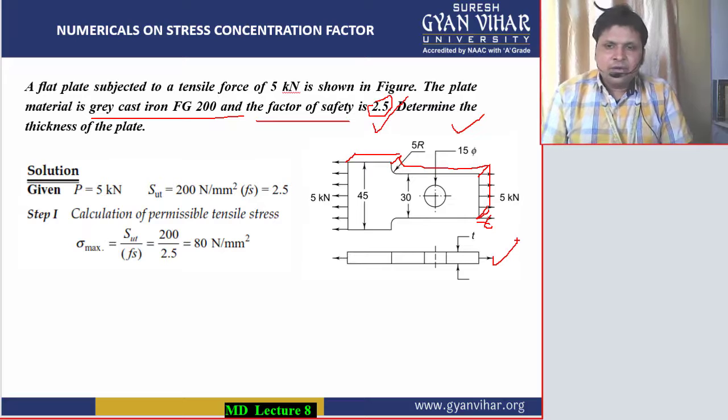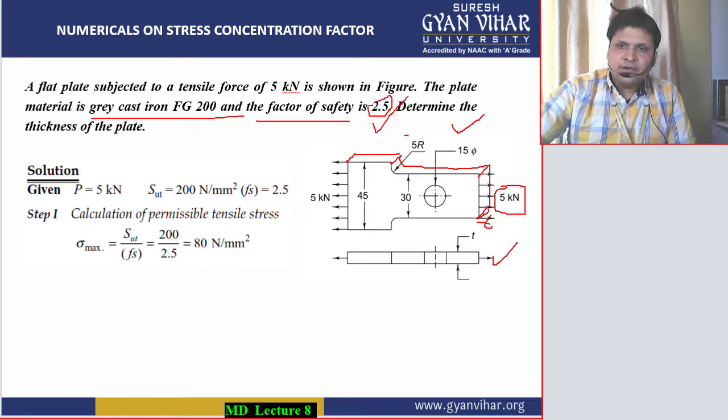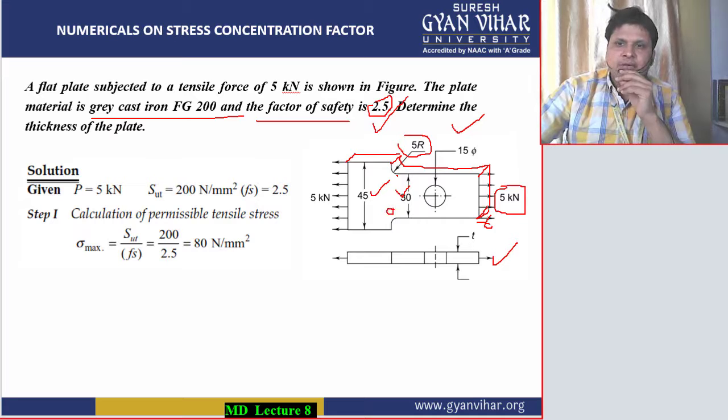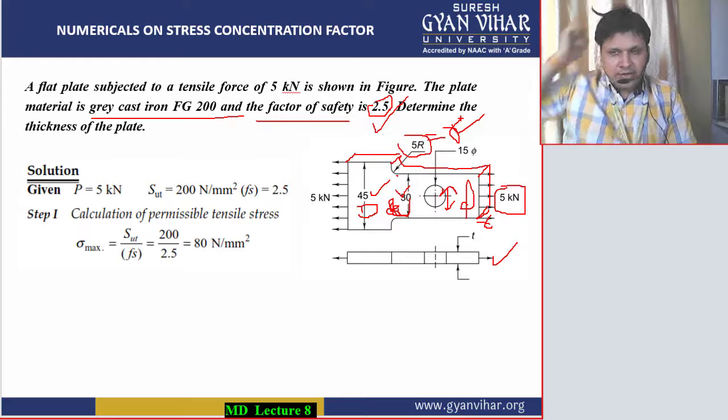So this t value you have to calculate, and the things which are given to you are the tensile load which is acting on it, then the fillet radius which is given at this corner, then the diameter of the hole drilled at this particular position, and then the smaller width and the larger width of the plate. The smaller width is denoted by small w, the larger width is denoted by capital D, the hole diameter is denoted by small d, and the fillet radius is denoted by small r. So this is the designation we are taking.